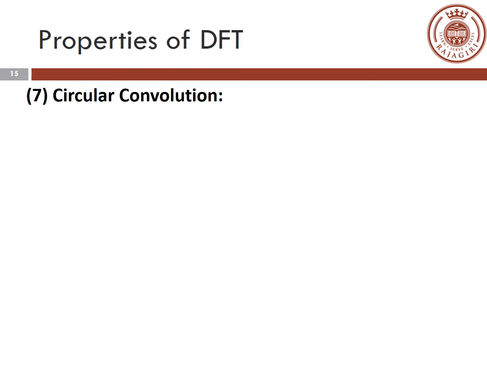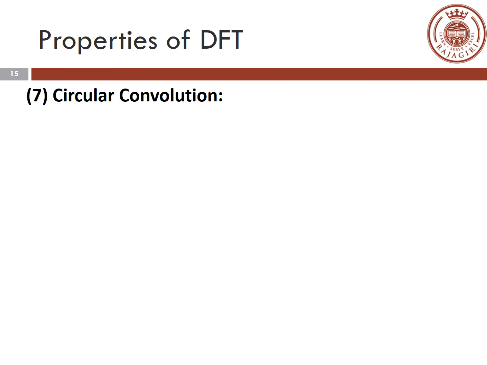The next important, or the most important, property of DFT is the circular convolution property. Here proofs can be asked, and a lot of problems can be asked. In this particular part 2 of your presentation, we'll be dealing with only the property and the proof. The problems will be dealt with in part 3 of the presentation, and the rest of the problems will be done during the online sessions.